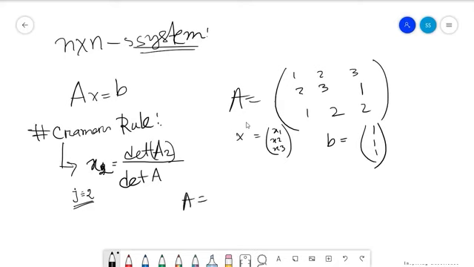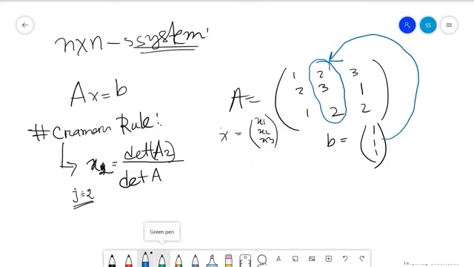A2 means that instead of having this column, you replace it with the B. That is, when you are solving for the jth variable, you have to replace the jth column with the B column. That is the coefficients that are appearing on the right hand side of the system. That's it. So if I replace that and denote it with A2, our A2 is